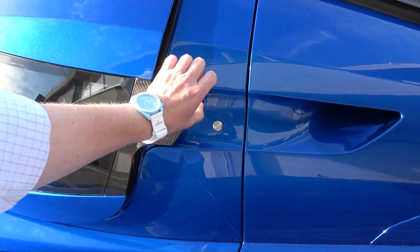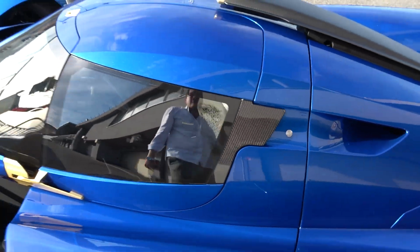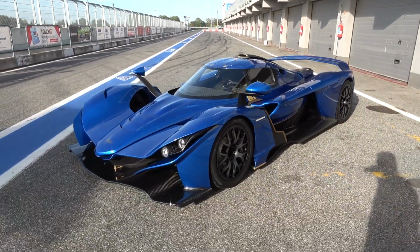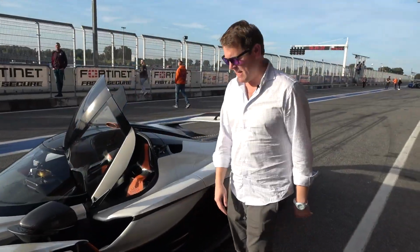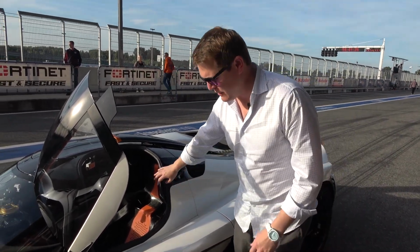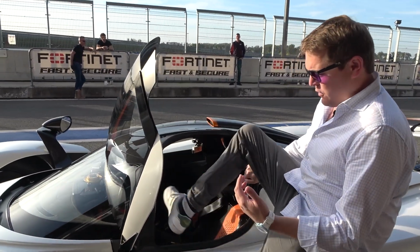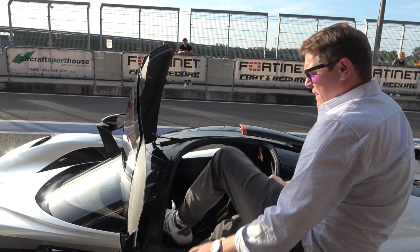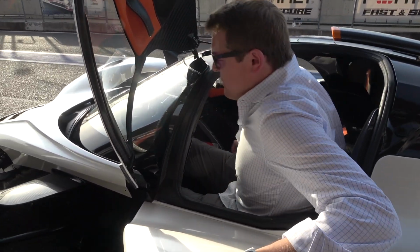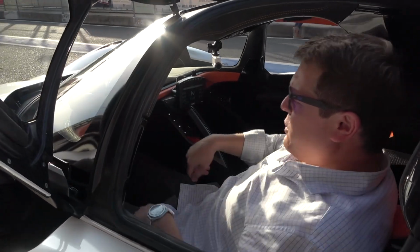So firstly, I think it's time for me to go and get ready to be prepared to hop into one of these to go find out what it's like. It's time then, with the white car just here, the prototype car. Let me take a step inside, and the way effectively you do this is sit on the sill, feet in, and then you kind of swing yourself in and lower yourself down into the carbon fiber monocoque,